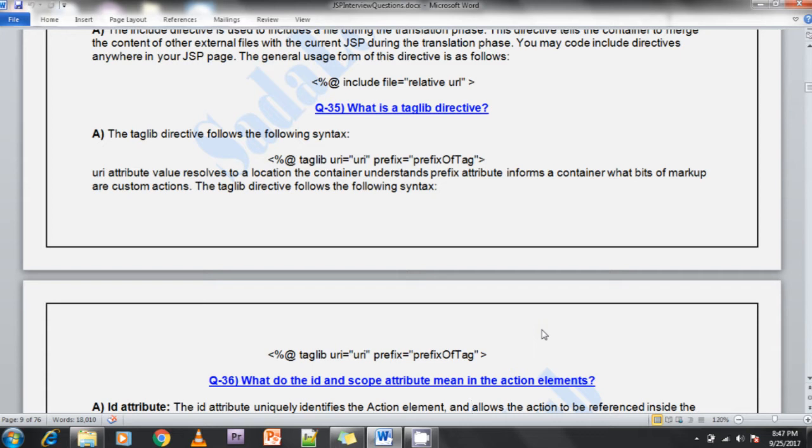The URI attribute value resolves the location of the container. Understanding the prefix attribute informs the container which bits of markup are custom actions. The taglib directive can be used like this. See here, the JSTL tags are available in your JSP, or if you want to create your custom tags, we need to import those tags into your